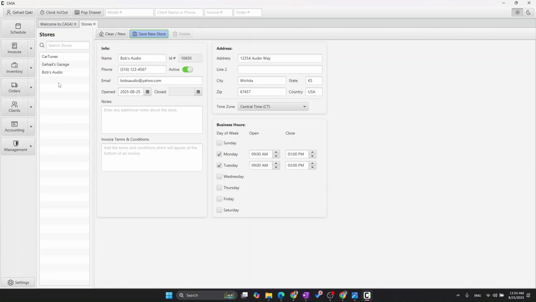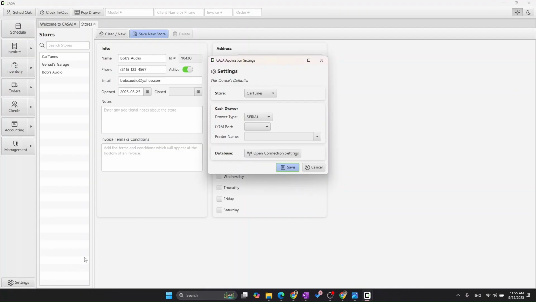But once you've created your first store, it's very important that you continue on to the settings section. So what you'll want to do is go to the settings button here in the bottom left corner, because this is where you will have to select for the first time your device's default store. So every device, it's physically existing most likely at a store. So you come here and you select your default store. In this case, we'll switch to the store we just created, Bob's Audio. And then if you have